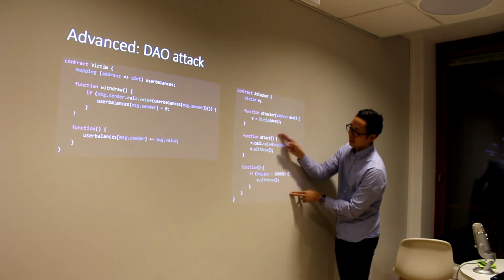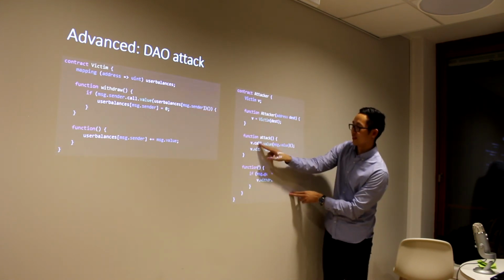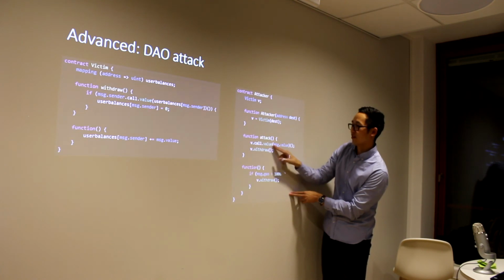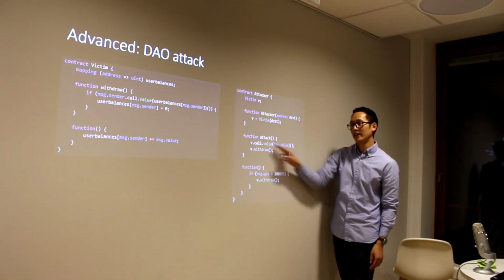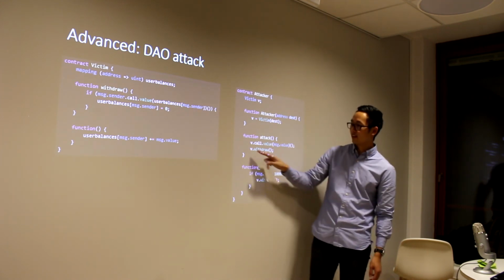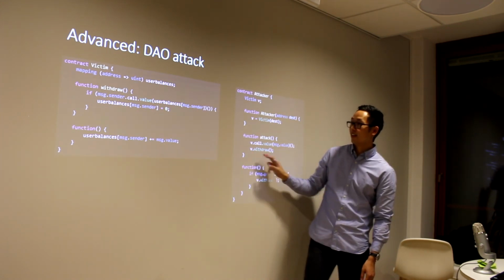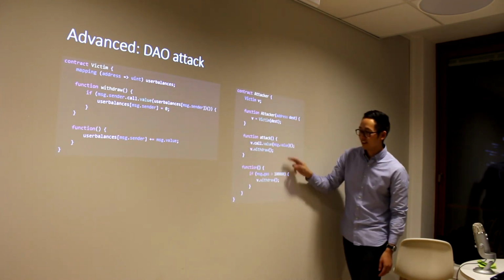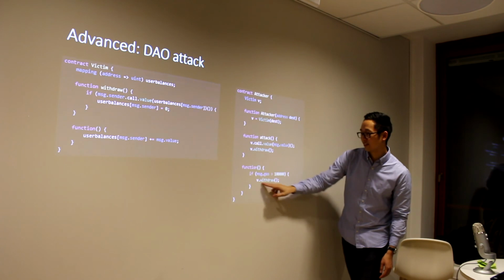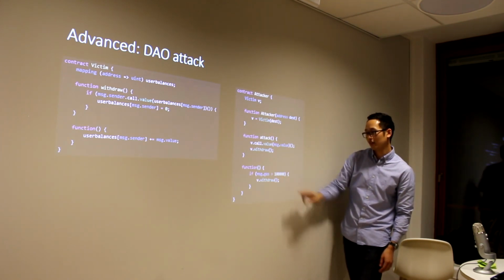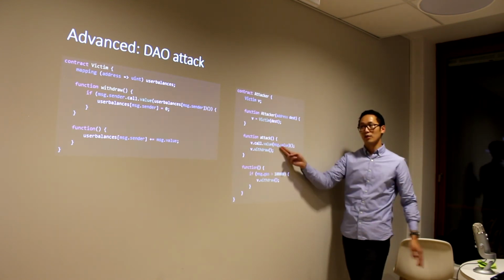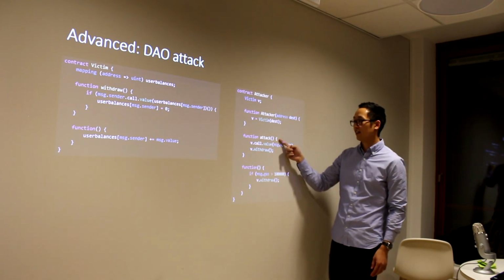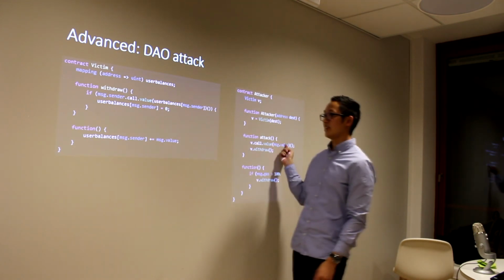And then you have the attack method, which makes a call and sends Ether to the victim contract. You will end up in the anonymous function because you haven't specified any method name. Then you have the withdraw function, and here you have a function that calls the withdraw function as long as the gas is over 100,000. So everything starts with someone calling attack, and then this row will send Ether to the victim